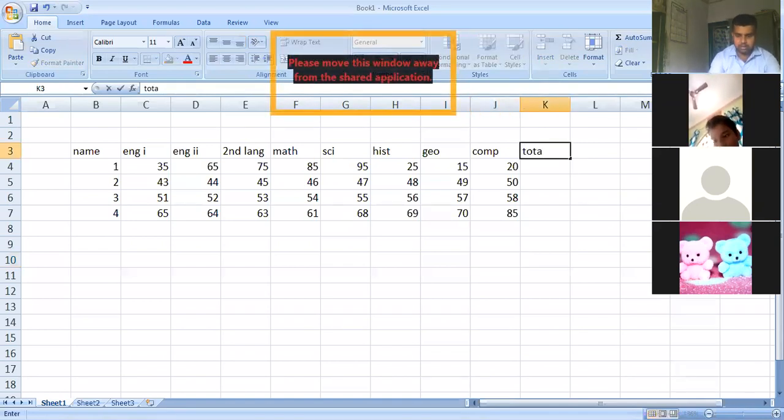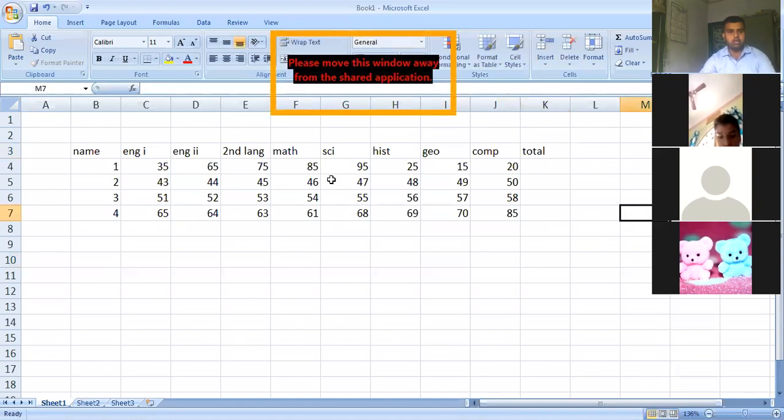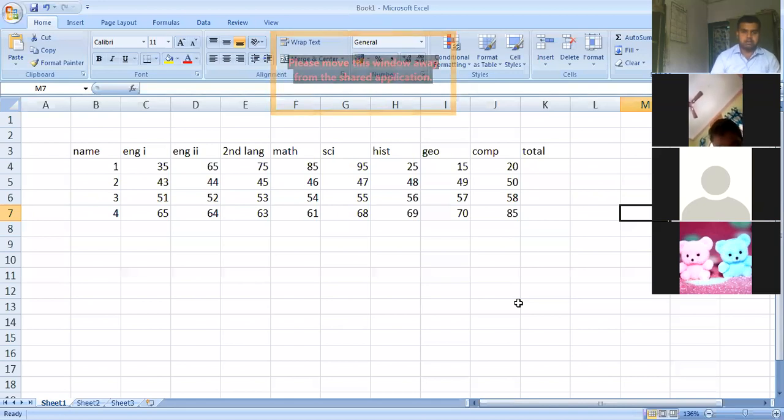So now see, I have to calculate the total of each and every student. The process number 1, you can write in the bracket, using mathematical function. The first process of calculating total is using the mathematical function, and this mathematical function is known as the SUM function, SUM. SUM is the mathematical function by which you can calculate or prepare the formula.